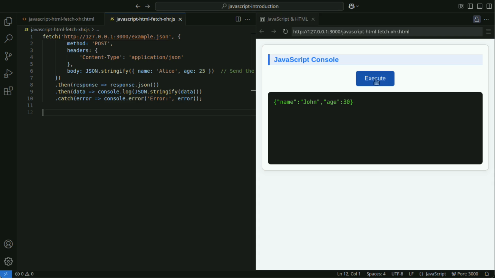This code sends a POST request containing JSON data and receives and displays the response from the server as JSON. The fetch API has the following disadvantages. Browser compatibility. Older browsers, especially IE 11, do not support the fetch API. Difficult to perform fine-grained control. Compared to XHR, it is not suitable for low-level controls like handling progress events.